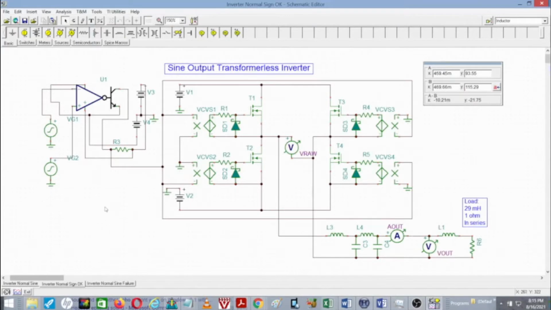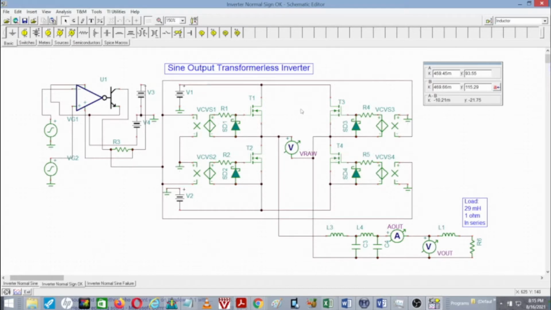To illustrate the failure mode that I'm going to discuss on the sine output transformerless inverter, which is a failure of an output transistor and its effect on the output signal and the dangers to the outside world, I've built a SPICE simulation of a sine output transformerless inverter. The left side starts with a pulse width modulation circuit which generates the pulses to drive the MOSFET gates, and I had to make some models of MOSFET gate driver circuits, but the core of it is I've got 4 MOSFETs properly driven in such a way to give